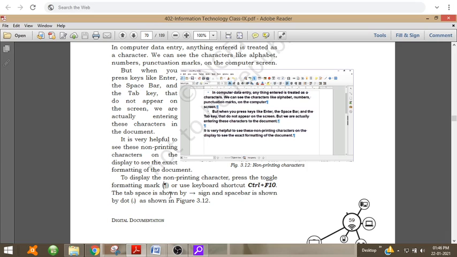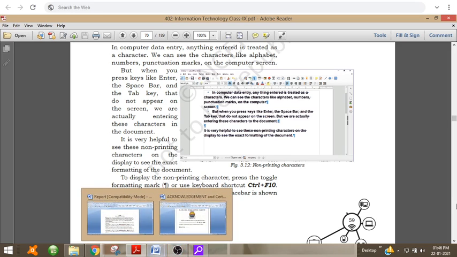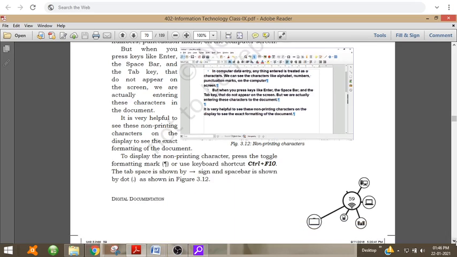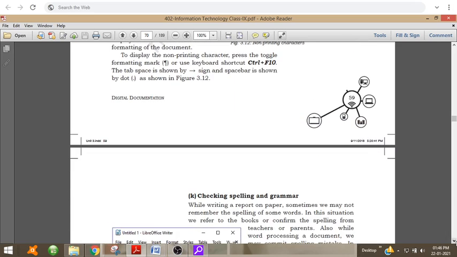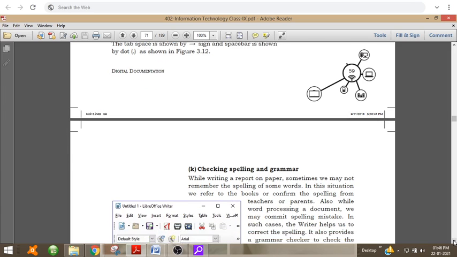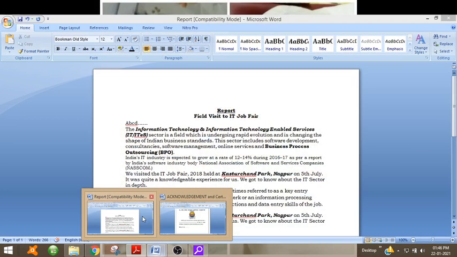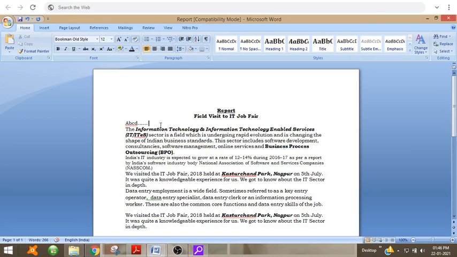The tab space is shown by an arrow, and the space bar is shown by a dot. So we can click here.